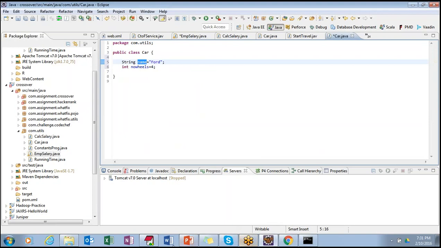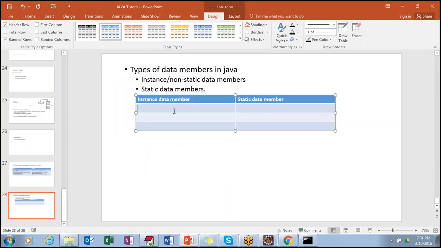Okay. So depending on our case, every time for the same class, without any change in the values, if we are creating memory, it's a waste of memory, right? In order to avoid wasting memory or executing the same things again and again, if there is something which is fixed, why do we need to always create an object for such things? So they came up with a static data member.